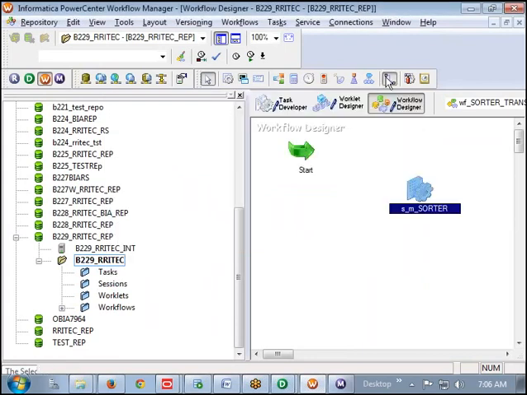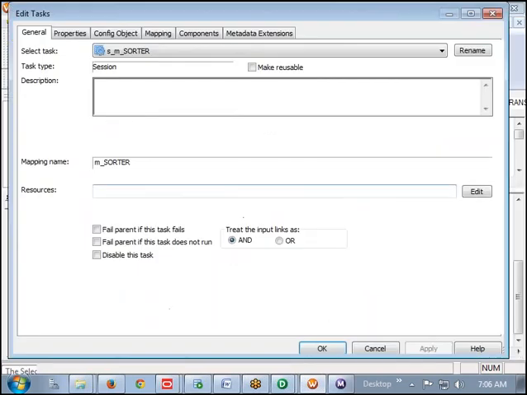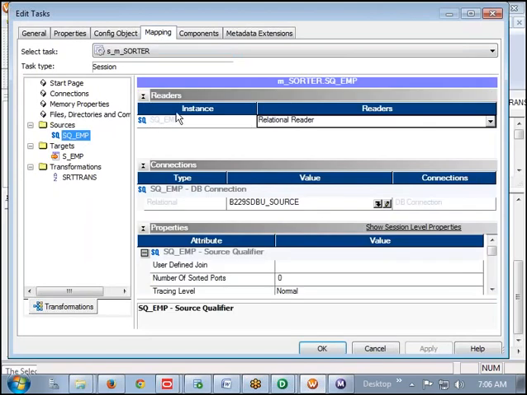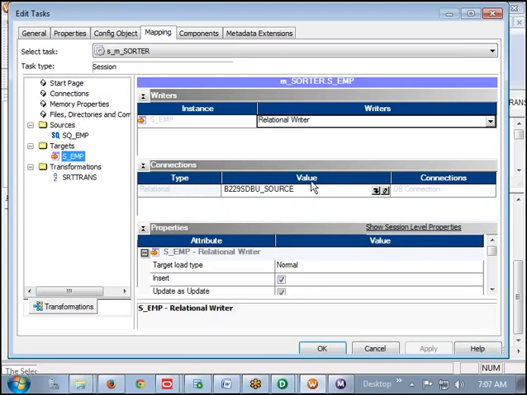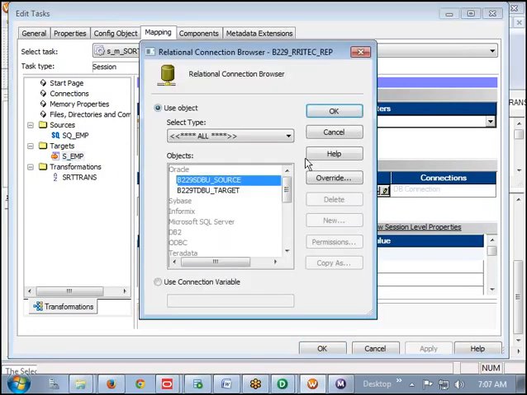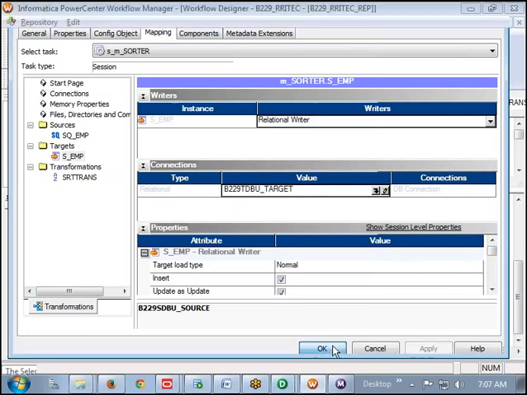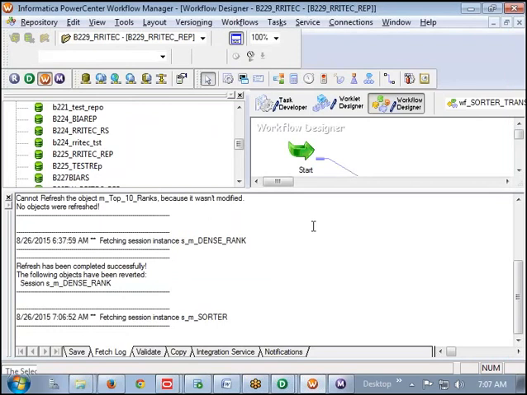Then connect both the things. Then change the connections. Okay, save it.